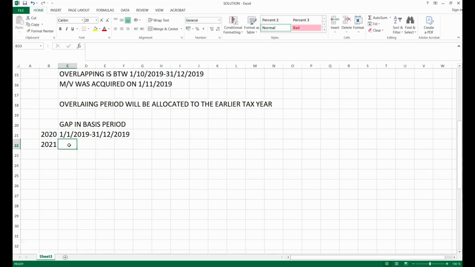When you get to 2021, it starts from 1/3/2020 to 31/12/2020. This can occur because of a change of accounting dates. When there is a change of accounting dates, you may have a scenario like this. So in this case, you can see that we have what is called a gap. So you can see there is a gap between